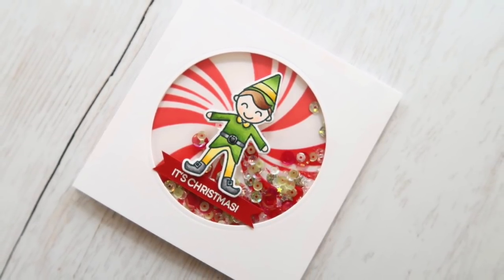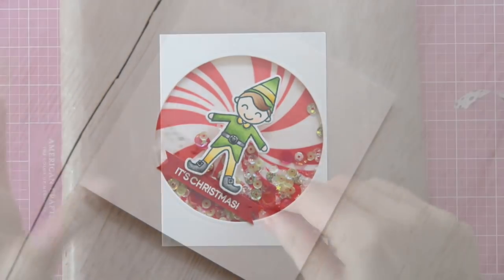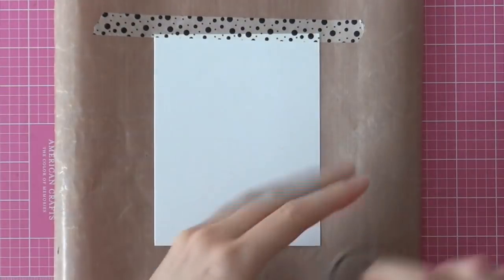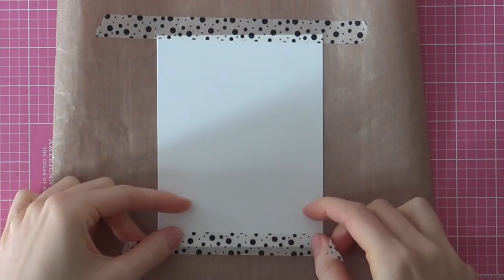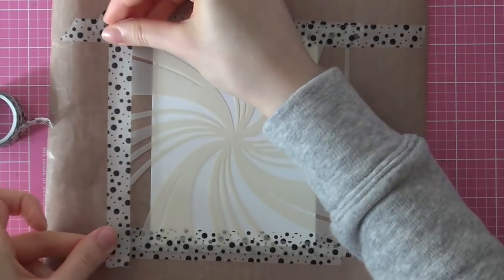Doodle's Block Hop to celebrate their brand new winter release. So let's get started. I'm going to start out by creating my own pattern paper with a stencil and Festive Berries Distress ink. First, I'm going to temporarily adhere my paper to my craft sheet with some washi tape, and